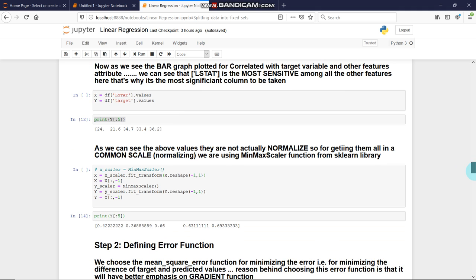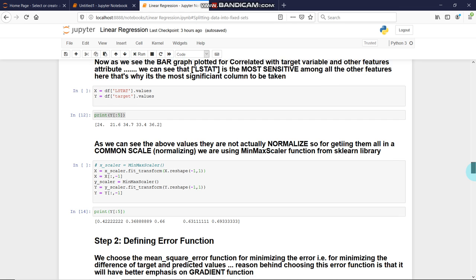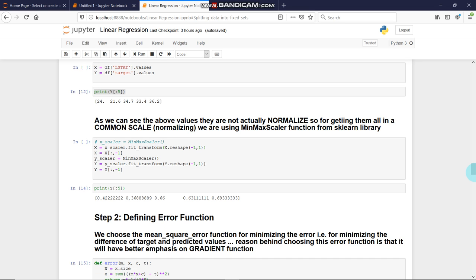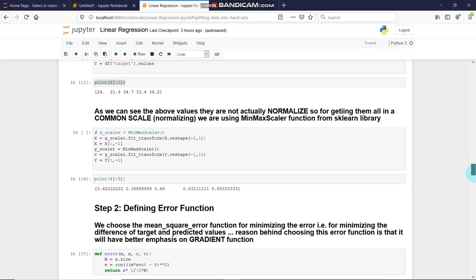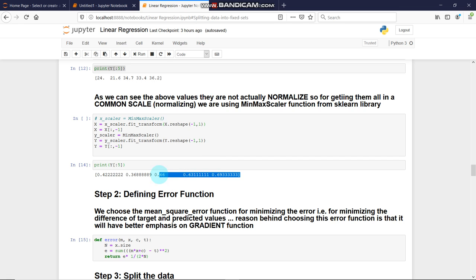Now printing them. Now here comes the next step, that is normalizing. As we can see in the above result, what is shown is not normalized, that is it is not in a common scale. We can see the difference out there, but when it comes to a data frame we could not recognize that in plots only, because all the data are not in a proper or common scale. Okay, so we use the MinMaxScaler which is present in the sklearn library for that, and here comes the normalized data. This is the one.